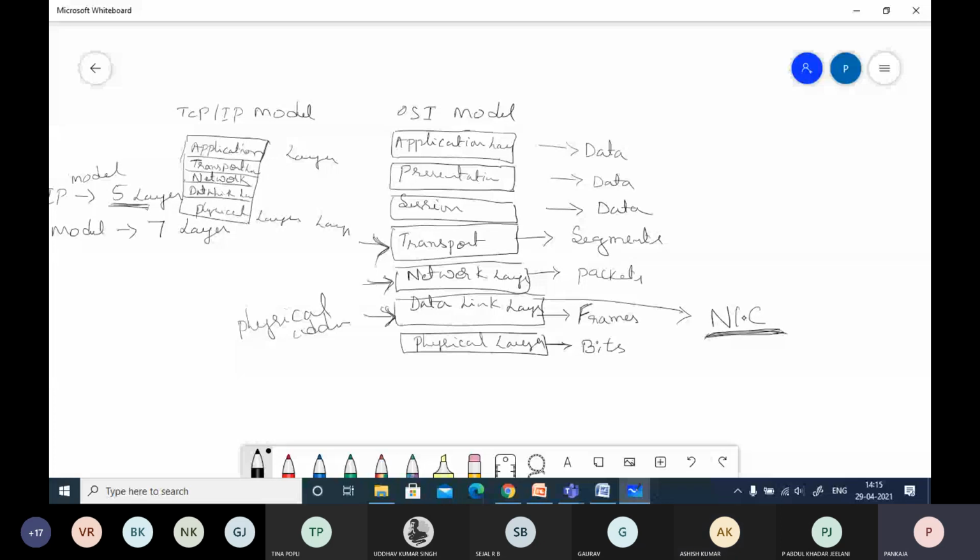Without this card, you will be unable to connect to the network. From this, you are going to get the physical address. There is one 48-bit number printed on this network interface card, and that address is called physical addressing. All the devices that have a NIC will have a number of size 48 bits, which is called physical addressing. Maybe in the next class I will talk more about this physical address.